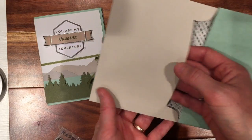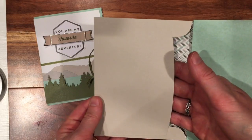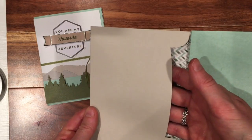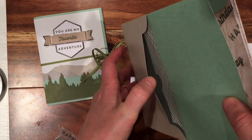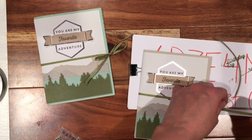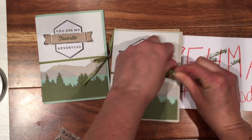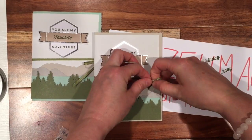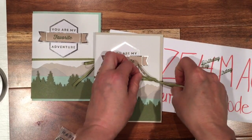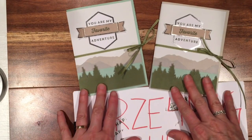And then you could always write a little note, and you could slide it in here, or you could slide photos, or you could put a pack of gum. I mean, you could put anything you wanted in there. Some sort of little flat fun gift can go inside there. Okay, tie it up. So that is my this month's, oh, come on, hurry up and tie there. There we go. That is my this month's alternate to